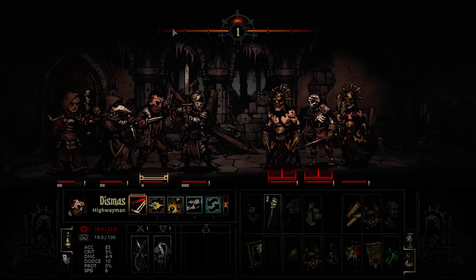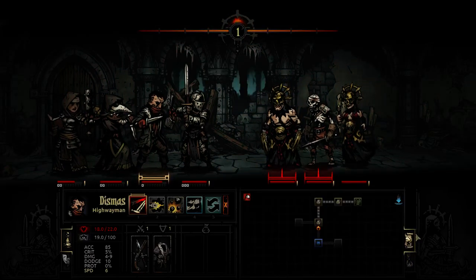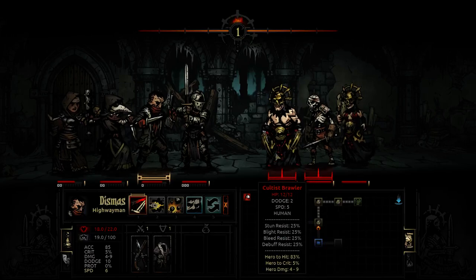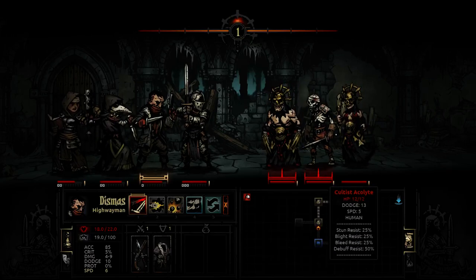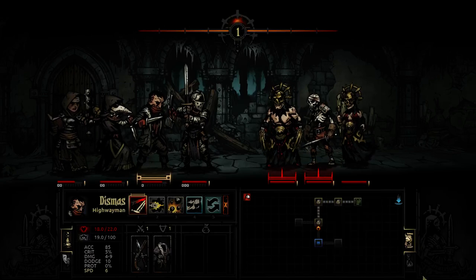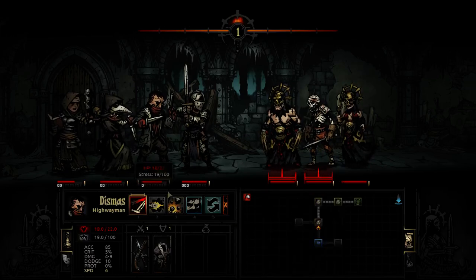Let's just pop a torch, shall we? So that we don't take extra stress. Now we got this guy, which makes you bleed. This guy, which is just dumb. And then this thing can sometimes stress you, but other times it'll just push you around, which isn't that big of a deal. So I can't hit hard enough to kill this bone soldier, so here I think